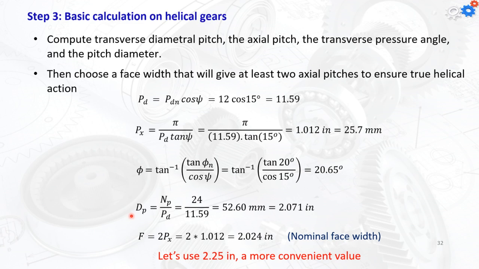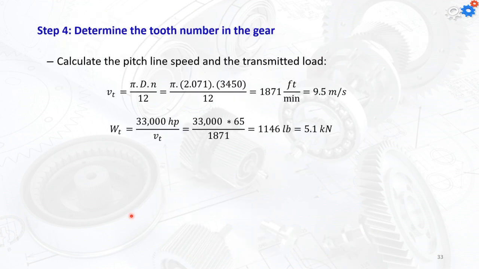Now step number 4 is to determine the tooth number in the gear, because now we have 24 for the pinion. So we start to calculate the pitch line speed and the transmitted load. First we go with the speed. It's pi multiplied by the diameter, DP here, multiplied by the RPM, divided by 12. By the calculation we find that the pitch line velocity is equal to 1,871